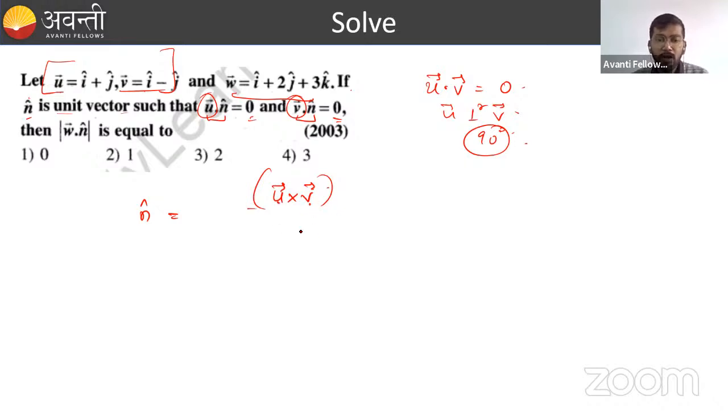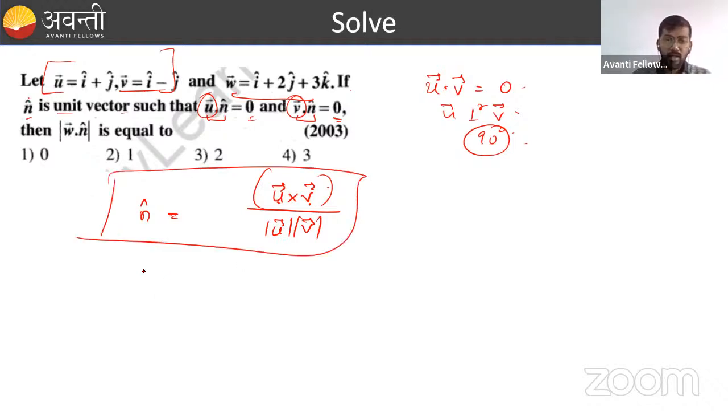gives a vector which is perpendicular to u bar as well as perpendicular to v bar. And when I divide this by the modulus of u bar cross v bar, I will get a unit vector. So I can do it like this. Now I have to find n cap. n cap will be u bar cross v bar upon its modulus. So first we will find u bar cross v bar. So we can see 110 is u bar and